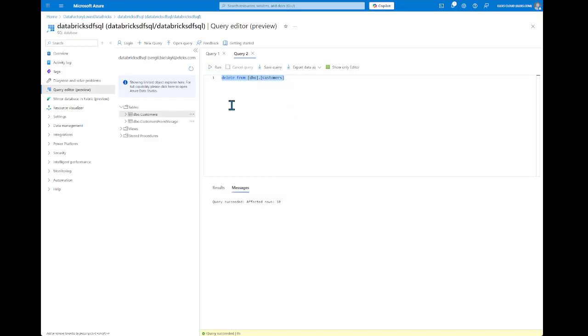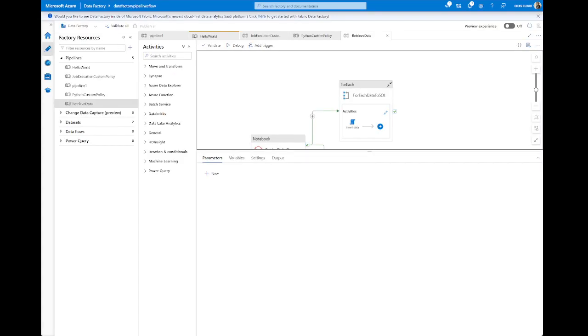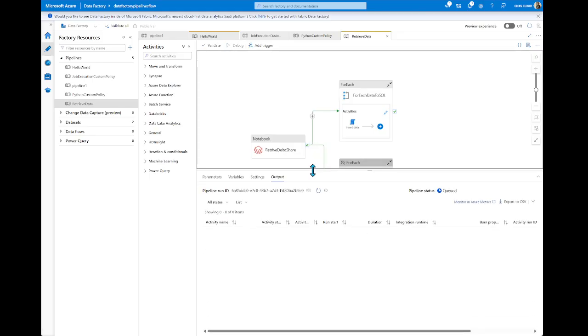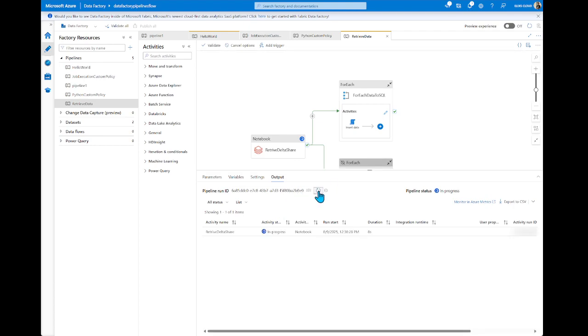Okay, we removed everything. Yes, it's empty. So let me start debug, and it should be faster because we are planning to use a shared pool that should run every time and copy the data.